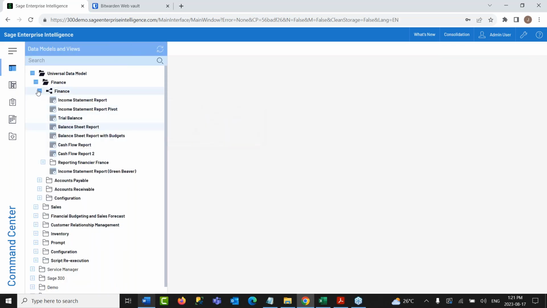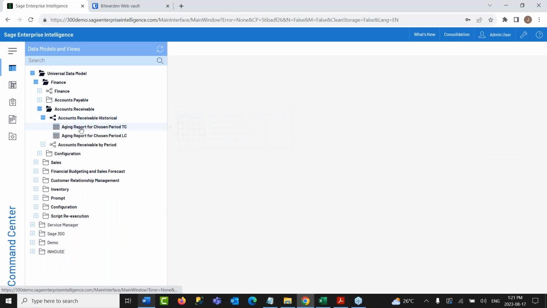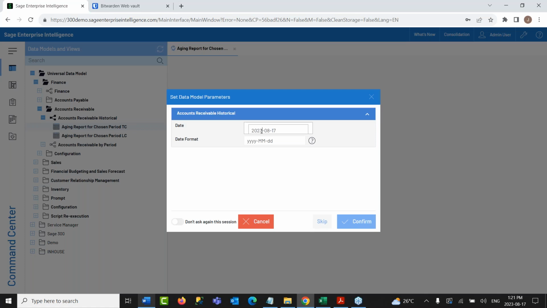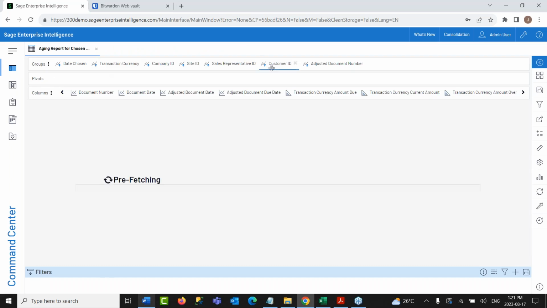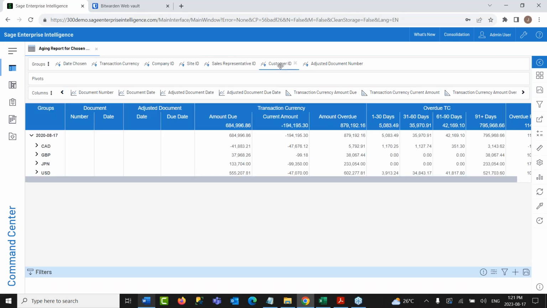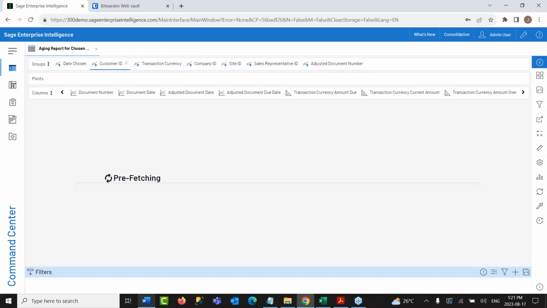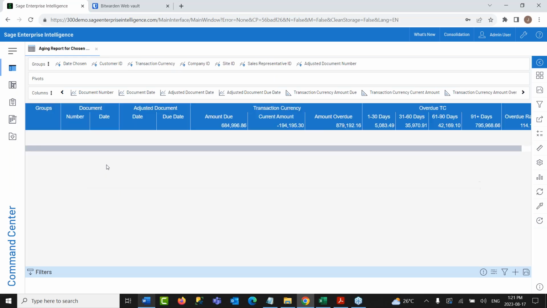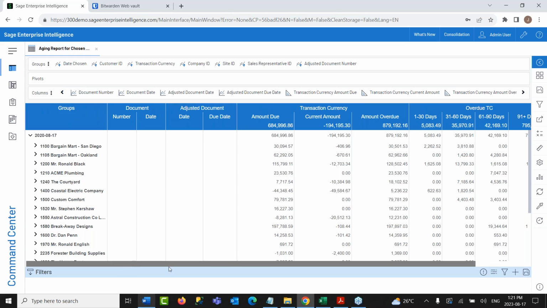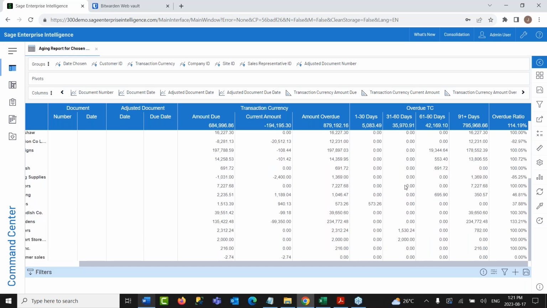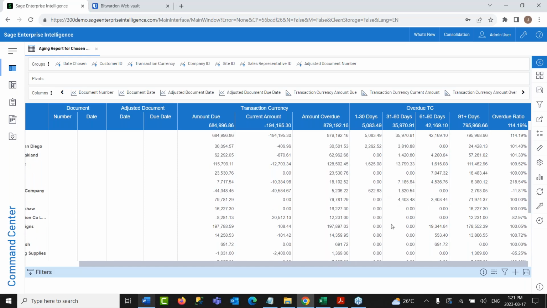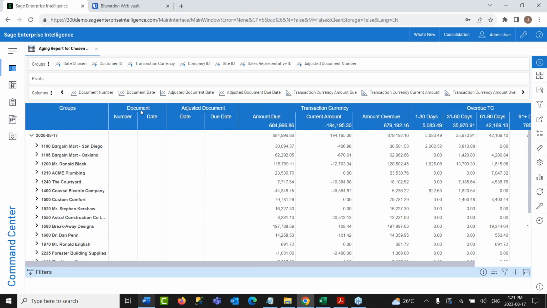There are also reports on AP and AR, which offer us the historical aging reports with aging buckets. So if we want to really see which of our clients have not made us payment, if their payments are overdue, we can easily view that information through these reports. So if I bring in my customer ID right here, then I will be able to drill down on all my customers, and at the same time use these aging buckets with the time intervals of 1 to 30, 31 to 60, which can also be customized according to how you have set up the payment terms for your business, so as to easily track down the payments by the clients. And the same principle goes for the vendors when it comes to the AP reports.